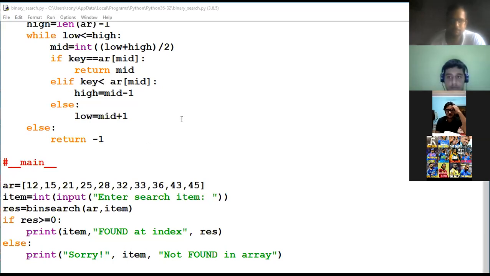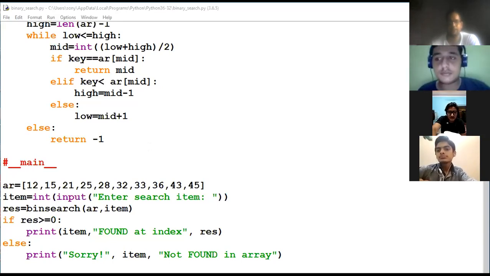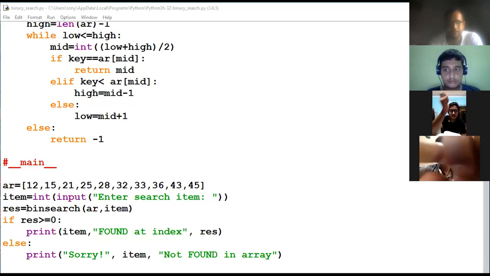Run this program. Press the F5 key. Once you press F5, pass the input like 35. This time I am passing 35. So, sorry, 35 not found in array. You will get a message like this. Is it clear?